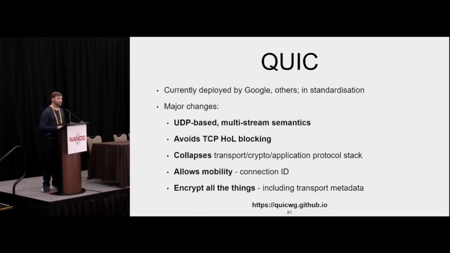It does allow mobility with the connection ID feature, so potentially you can switch from Wi-Fi to cell and back and forth. You can also do multipath with a very similar mechanism, although that's not yet specified. And in general, I think the philosophy has been encrypt all the things. Crypto has gotten a lot cheaper in the last 10 years, and so now the assumption is that encrypting everything is great. It's relatively low cost on both hosts, and we pretty much already have to do it anyway because we're encrypting all of our traffic for HTTPS.